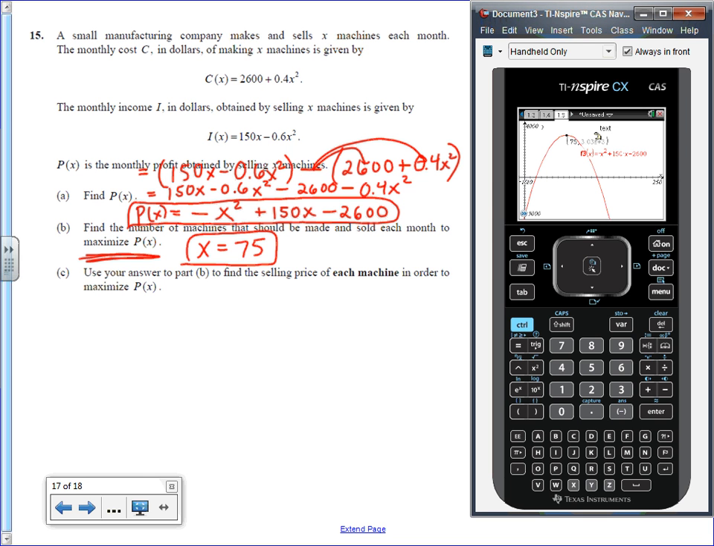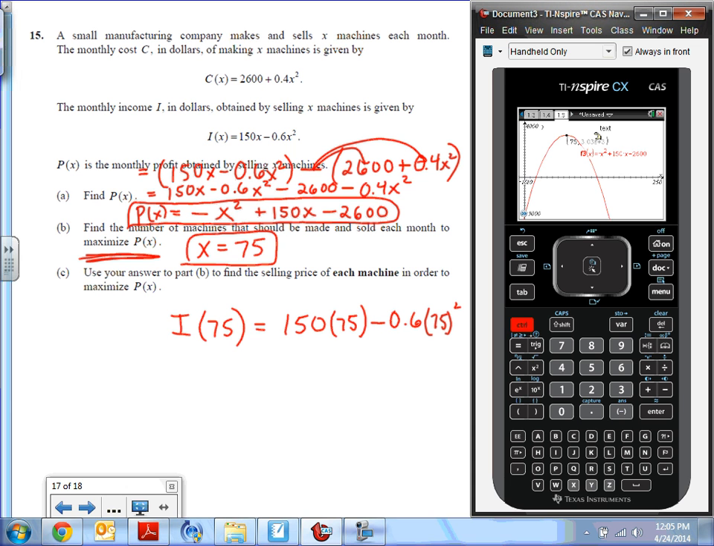And then the last part, use your answer to part B to find the selling price of each machine in order to maximize P of X. This is the only part of this that you really need to do some thinking. To find the selling price of each machine, you think about your income. The income that you're getting is only from machines being sold. So if you're making 75 machines, your income can be found by plugging 75 into the income part of your function,